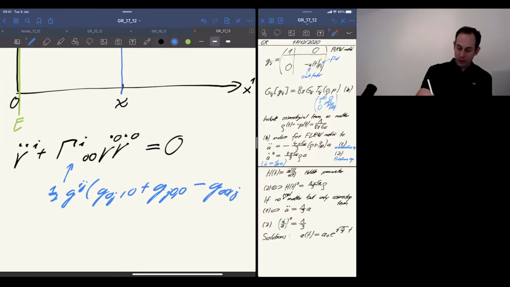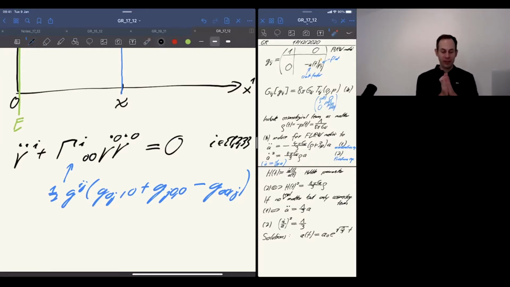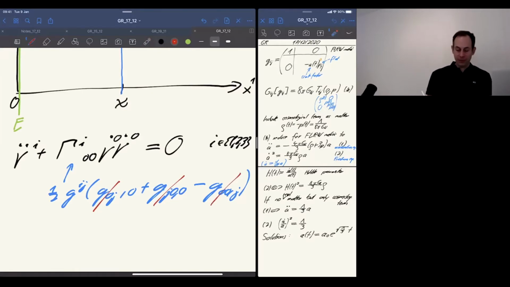But you can easily verify that all these terms are 0, because remember, we only look at i equal 1, 2, 3. So we want to see whether there is a deviation in space, whether suddenly these geodesics start to move in space, which would anyway be strange intuitively because we assume isotropy. So that would already be an argument, but we could also verify it like this, because there is no off-diagonal term in the metric, and also the 0, 0 term has no dependence on space. And you see here from this g_ij, if i is a space-type coordinate, j also has to be a space-type coordinate. So this just shows that we can essentially neglect this term,